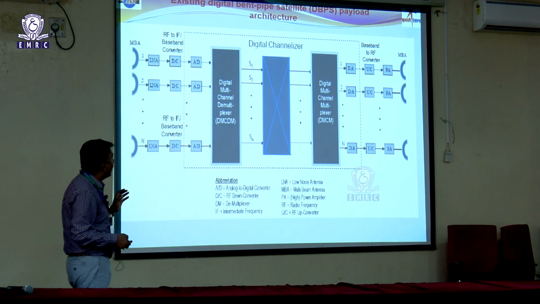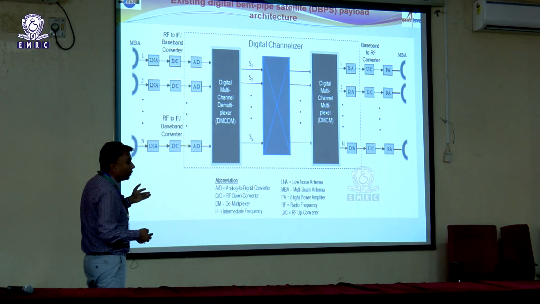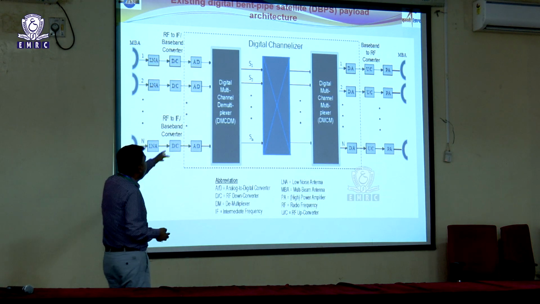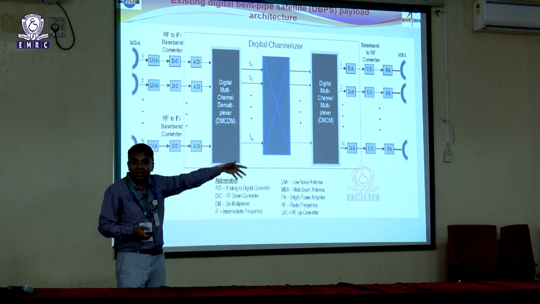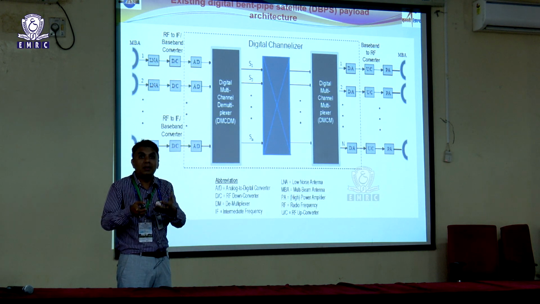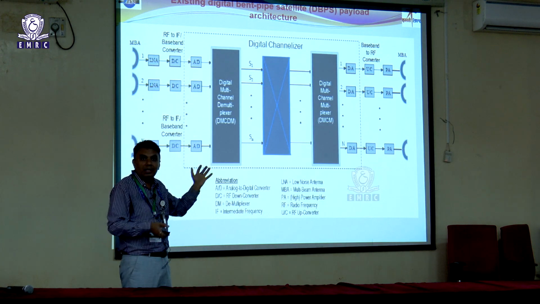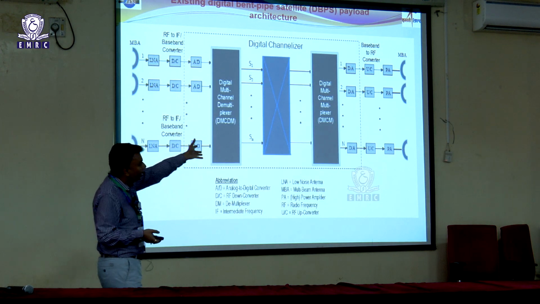But nowadays the channelization is happening in the digital domain. Since you have to work in the digital domain, we require A to D at the front end. So the signal will come into the digital domain and we do channelization there. The benefit of digital domain channelization is that your granularity will increase. RF is fixed switching, but digital can have infinite switching in principle. So that is happening, and then D to A, and then.